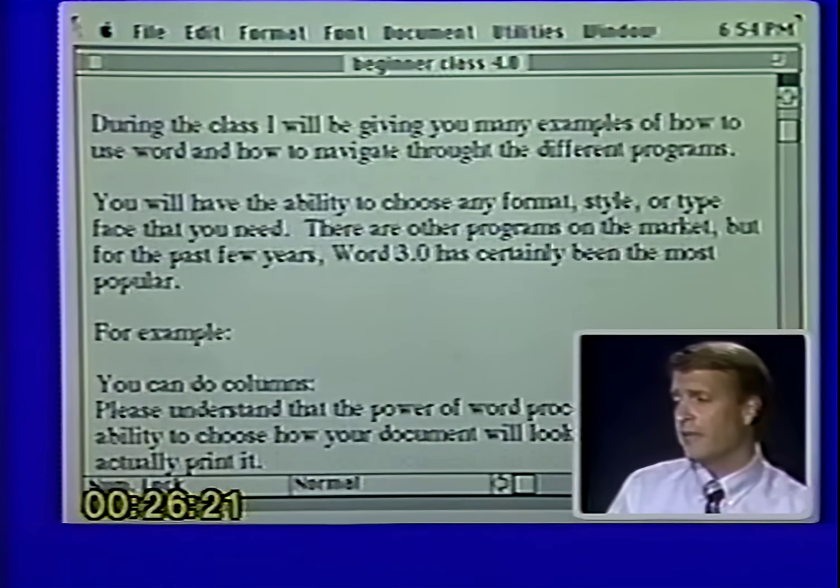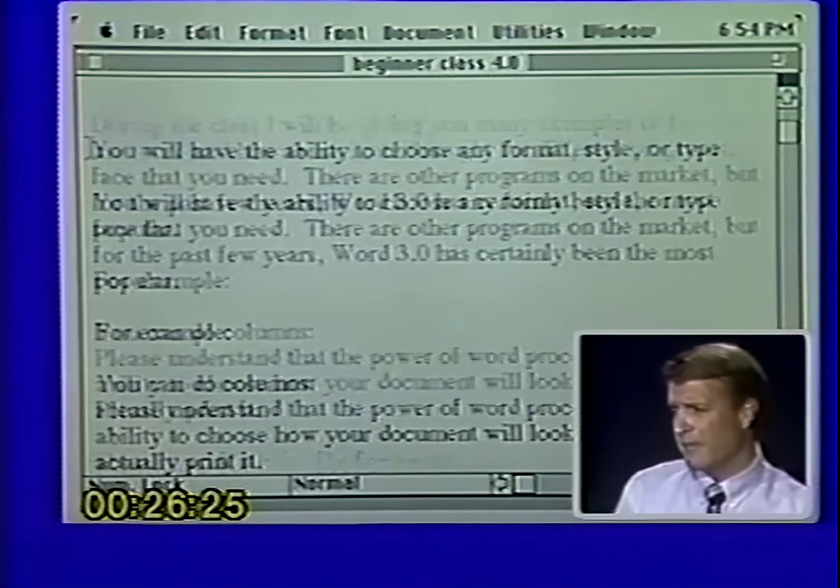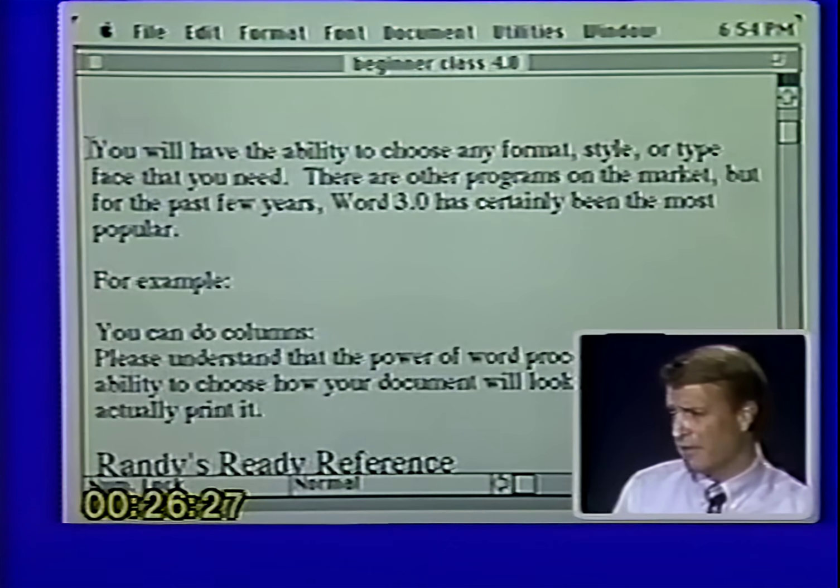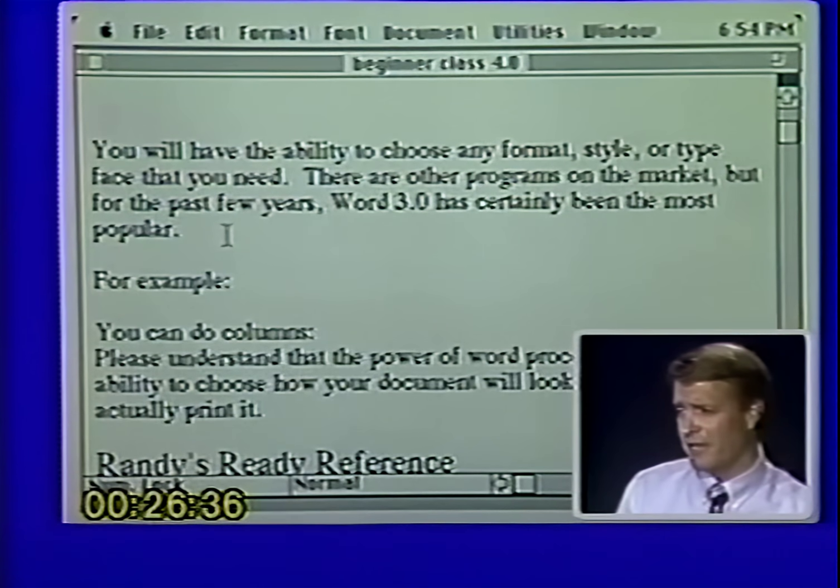Now, for example, if I would like to delete this paragraph, I simply select it and hit my backspace key. Now sooner or later you're going to be using the Macintosh and you're going to do that, and then you're going to wish you didn't do that. It's called repentance, I guess. And they knew that was going to happen, and so they put in a nice little feature.